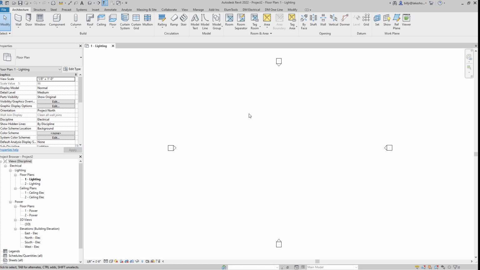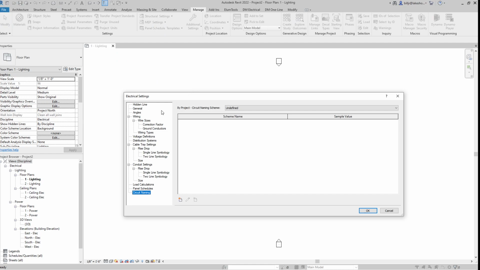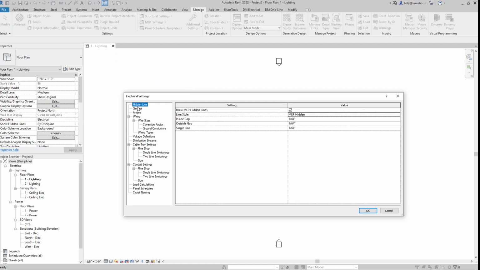And there we go. So we don't have a building yet. This is just bare bones, no building. But there's some steps we need to do to set up for when we do put a building in there. So we want to go to Manage, set up some of our parameters. So in MEP settings, go to electrical settings, and we'll go through all of these items on the left side